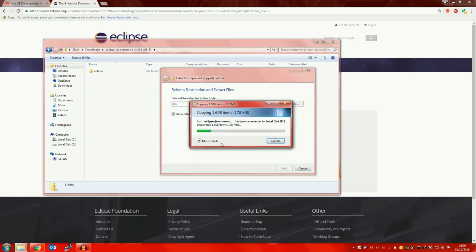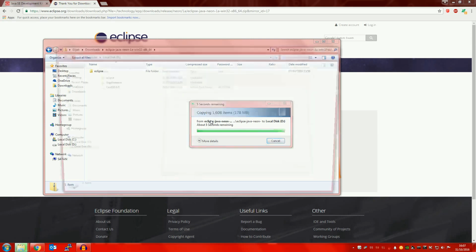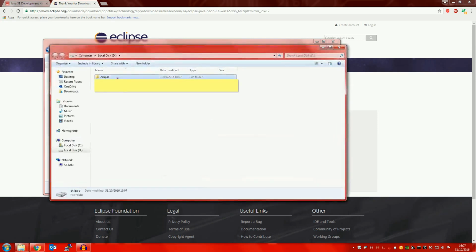That should extract all the files and put them on my D drive, which is just a 2 terabyte hard drive rather than my SSD, because it won't really make too much difference working off an SSD for Java development. So once that's done, it should pop up the window where it's all been extracted to, and we can go ahead and test out the